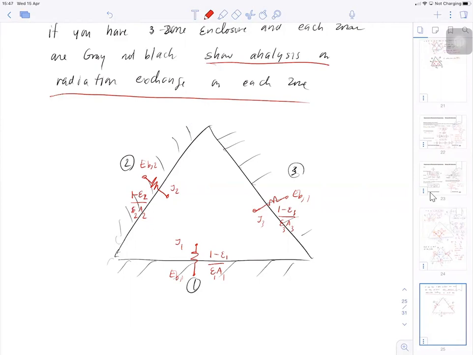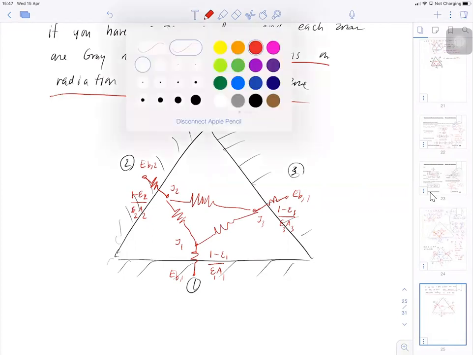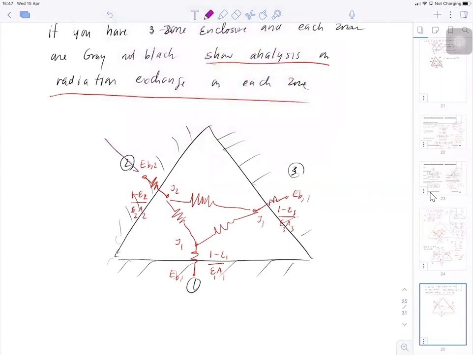And then each of the Q is going to be passing from EB to J. So this is going to be Q2 passing, this is Q1, this is Q3. Each of the Q is going to be passing from EB to its respective J. And then it's going to decompose into a number of the heat